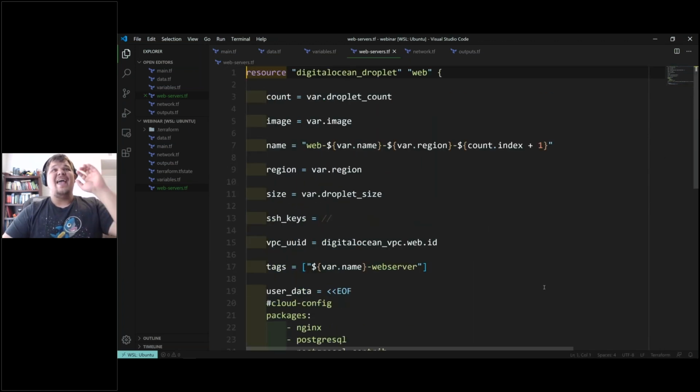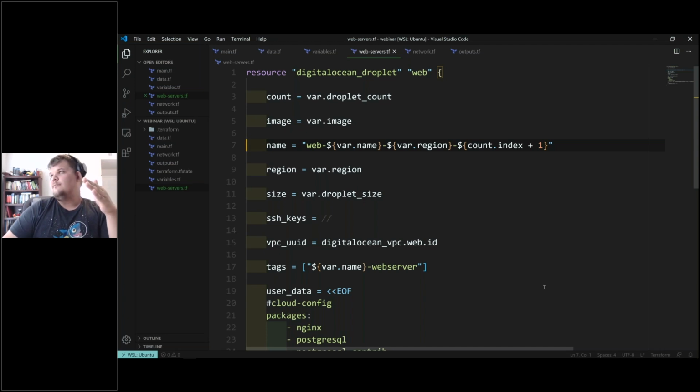Okay, so we just did a lot in a very short amount of time, so I'm going to just really quickly go over it. We created a DigitalOcean web resource. Our count variable is how many droplets we want to create. 1, 3, 6,000, totally up to you. The image is what operating system. So we're going to use Ubuntu, probably 20.04 for this. The name is just the human-friendly name that we're going to see in our cloud dashboard. It's going to be set to web-sfo3 because that's where we set our default,